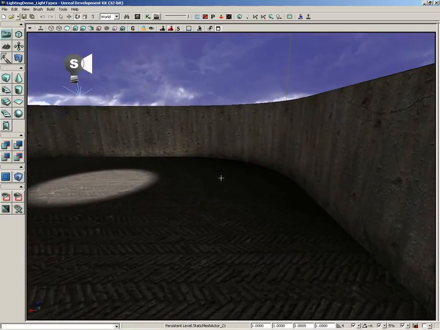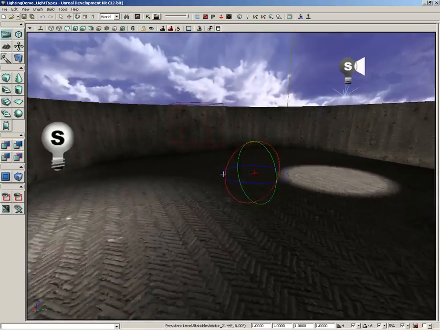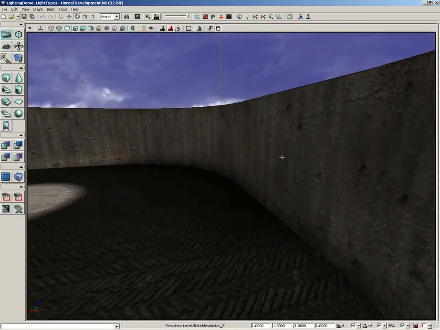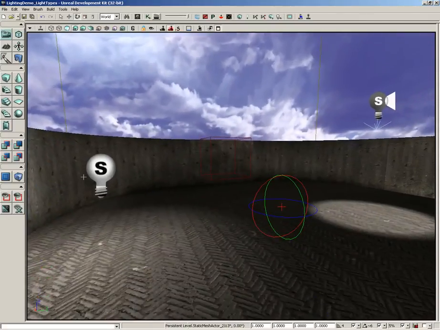Now, again, you still see some lighting in here. This is not coming from the directional light. This is actually coming from lightmass bouncing around the light of our point light and our spotlight, so just be aware of that. So that is going to wrap things up for this video. Again, it's just a way to go over the different types of lights that you have available to you, and